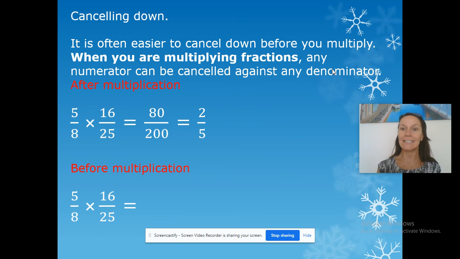So it's often easier to cancel down before you start multiplying, because that means you're going to be multiplying with more manageable numbers. For example, let's have a look here. So we've got 5/8 multiplied by 16/25. Well, we've not been practicing our 16 times tables, and I know you've been practicing your 25 times tables, but most of us haven't. So that would be a tricky one to do. So that's how it looks before we cancel it down. So take a look how we would cancel it down. And when you're multiplying, it doesn't matter if you cancel down diagonally